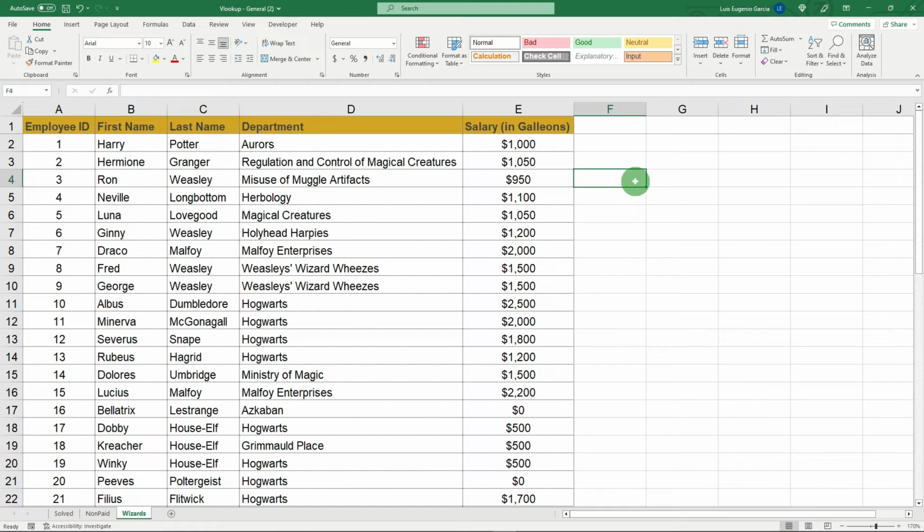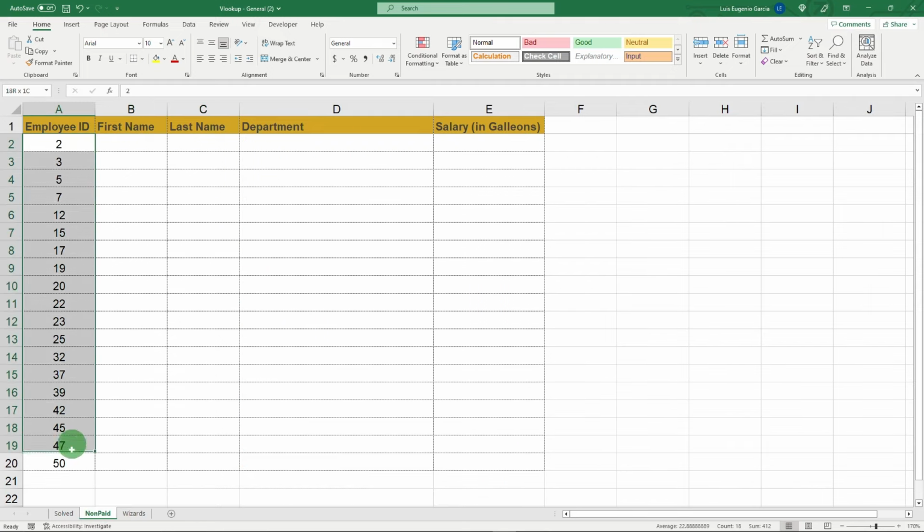Imagine you're the HR manager at the Ministry of Magic, and the minister tells you that some employees had issues with their galleon payments. In short, you didn't pay them, so he asks you to send them an owl explaining the situation and reassuring them that you'll fix the problem soon. To send the owl, you need to get their first and last names, the departments they work in, and their salary, but the minister only gave you the employee IDs of those affected. How can you get this info?